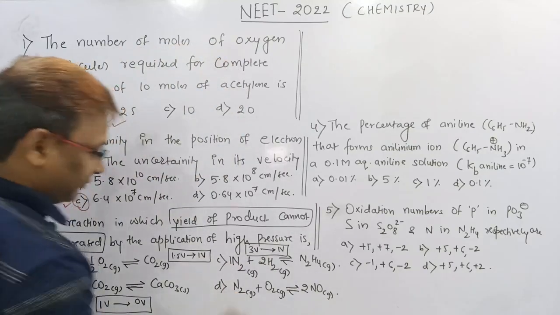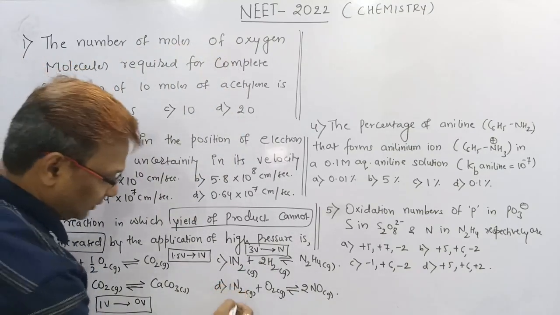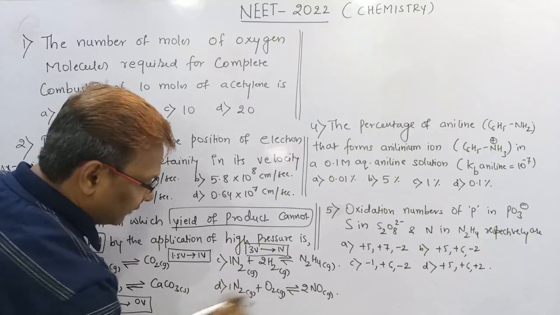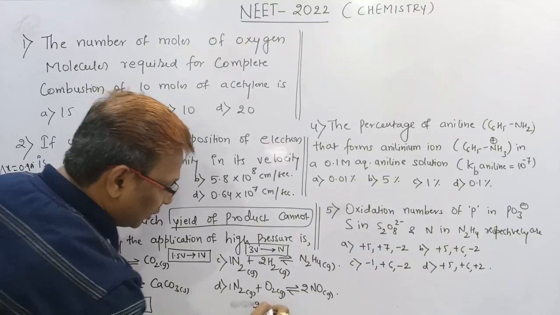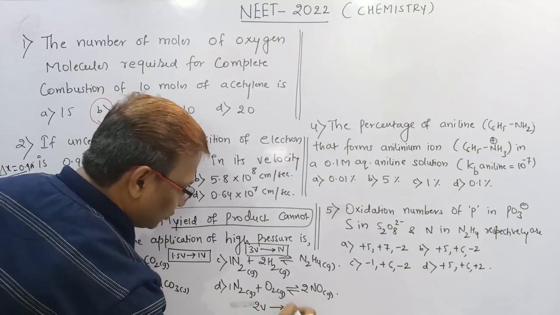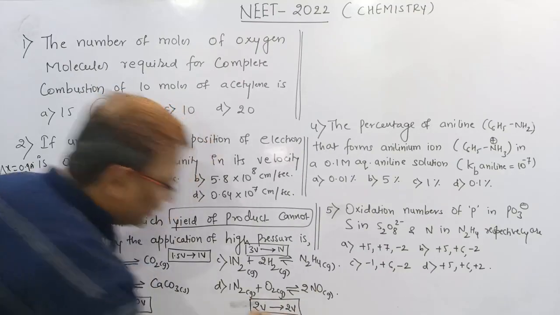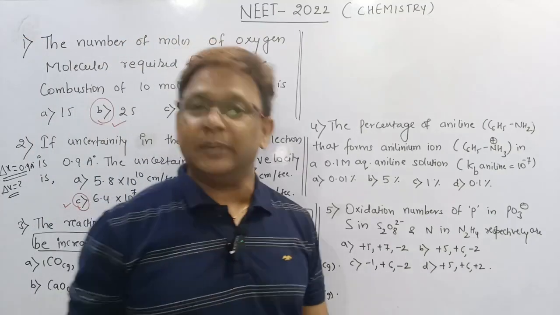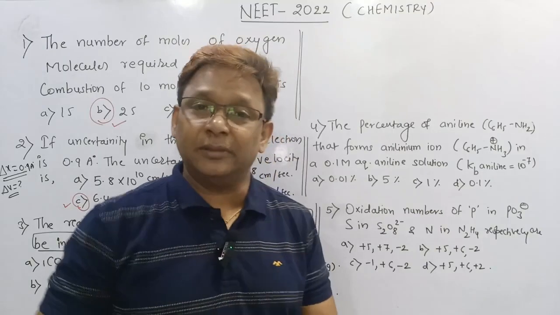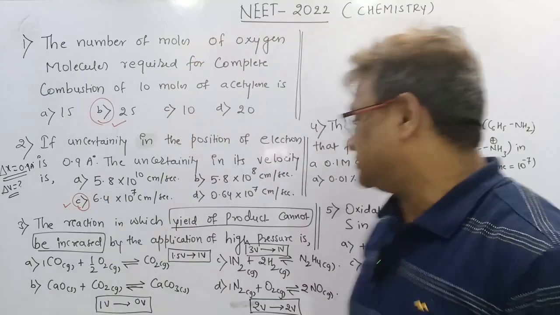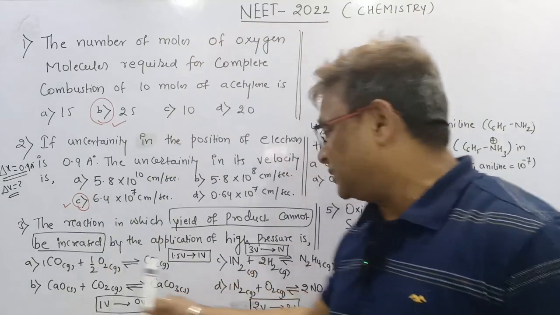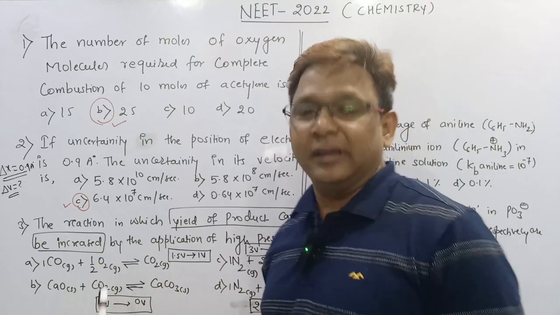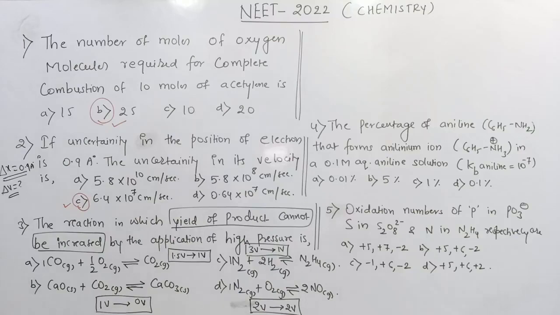Beta, in this case see fourth option. This is 1 volume. This is also 1 volume. Total how many beta? 1 volume, 1 volume become 2 volume, and it also gives rise to 2 volume. See beta, there will be no increase or decrease in volume if the number of moles or the volume will be same. That was not affected with the pressure. But option 1, you can see, if you consider the reaction, if it moves in the forward direction,